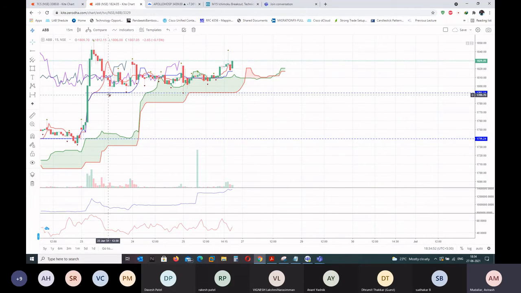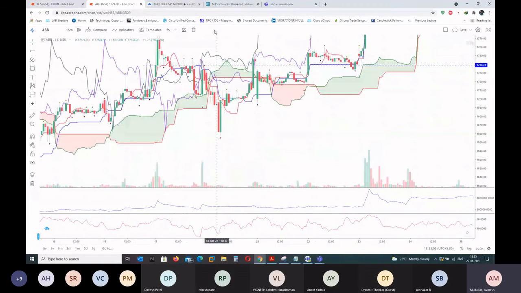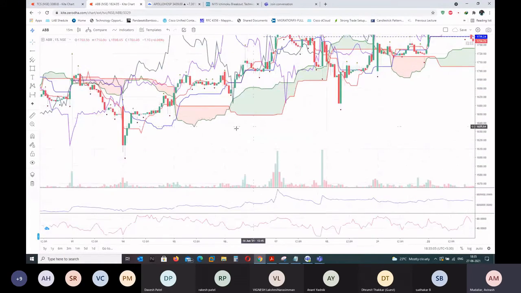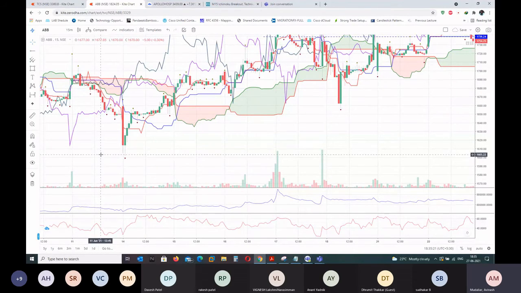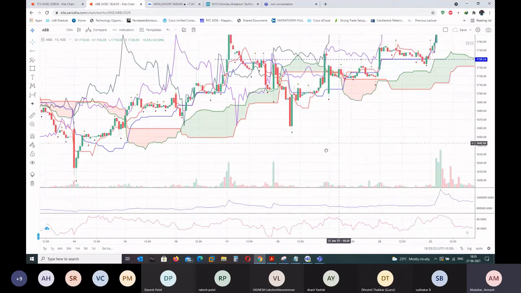Suppose you bought, okay, there are various strategies, so it depends upon what strategy you are buying. Even for buying, let's suppose you are buying the first touch of the kitchen sink. Like I already told you, you need to have a trend in place where you have at least 9 or 10 candles going continuously up. If that happens, then only you'll go and place a GTT order blindly at the case. If that doesn't happen, you don't, because you know the trend is not stable. So when the trend is not stable, why will you buy in the first place, right?